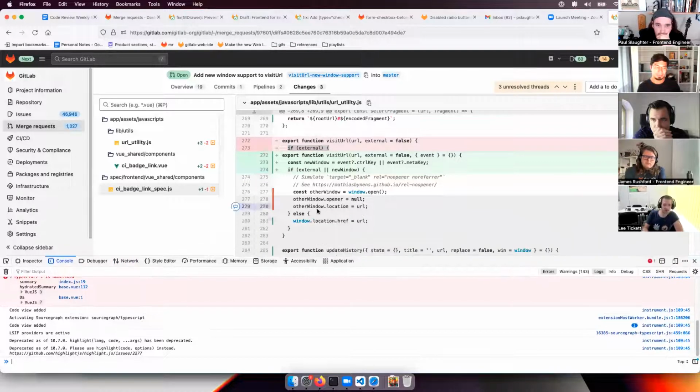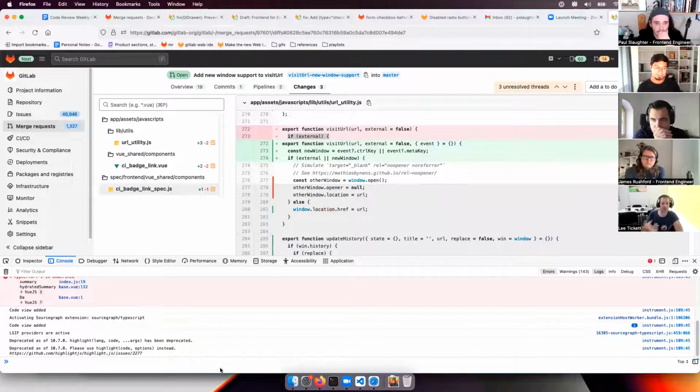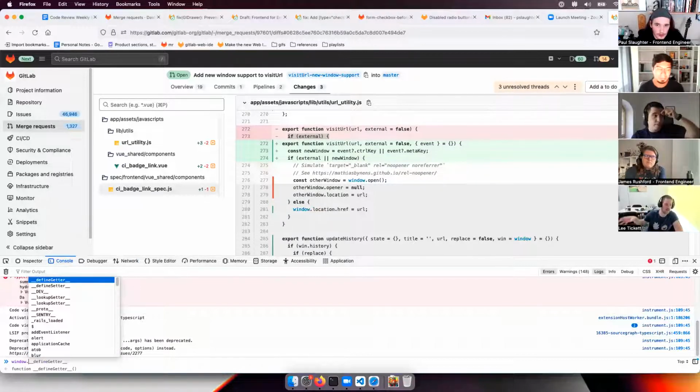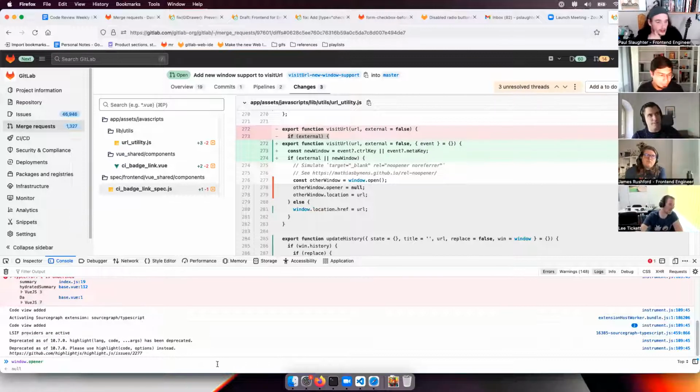So 99% of the time it would be opening in the same tab or window. Before I added this functionality, there was no way of opening this in a new window. It would always open in the same window. For things that open in new windows that don't have opener and referrer, they can actually reference that previous window with window.opener. So this is a huge security issue because you can have a link to a third-party site that can then start